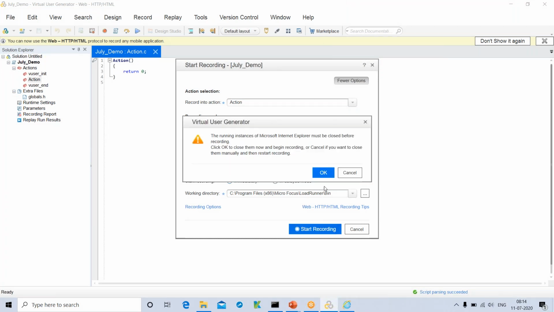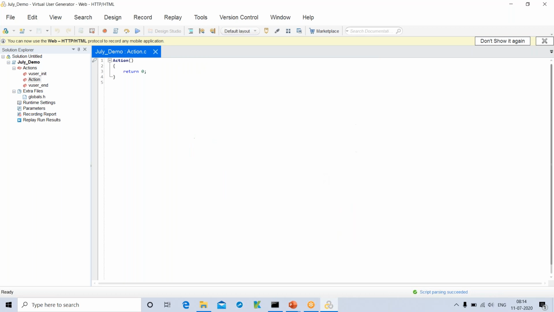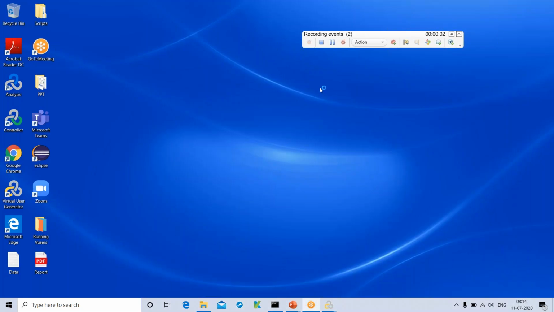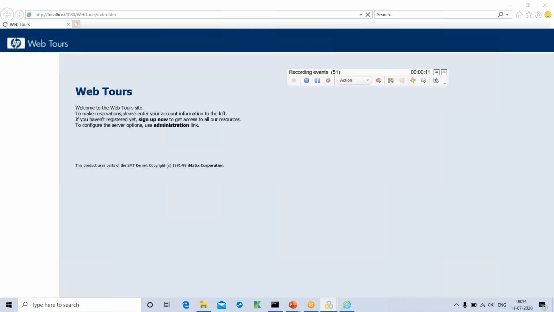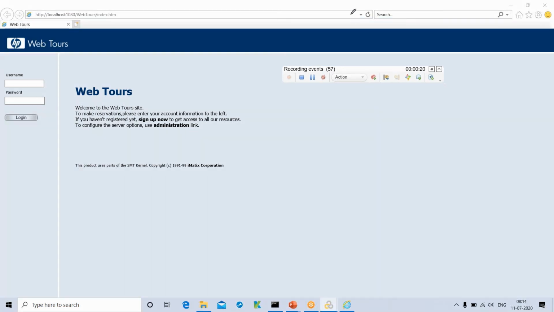As soon as I click on start recording, there is a movable window which has popped up, and we can see a particular number over here which keeps on increasing as soon as I perform some actions on the screen.